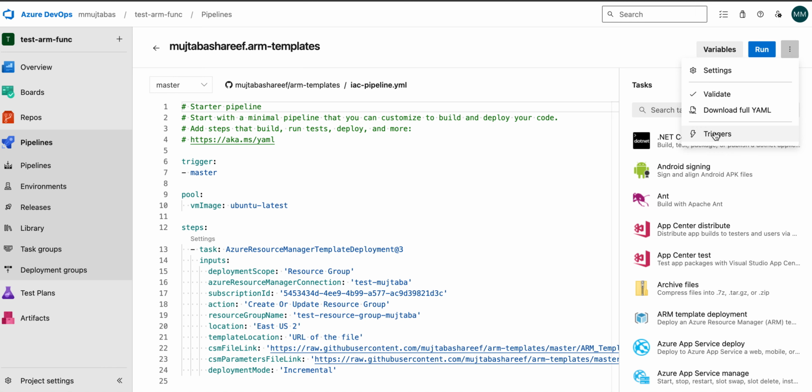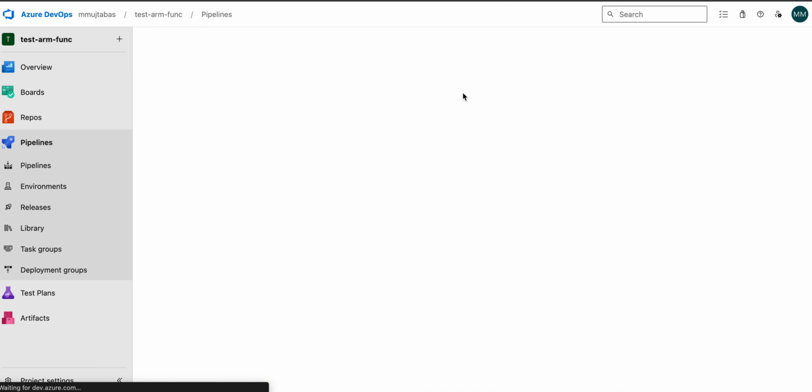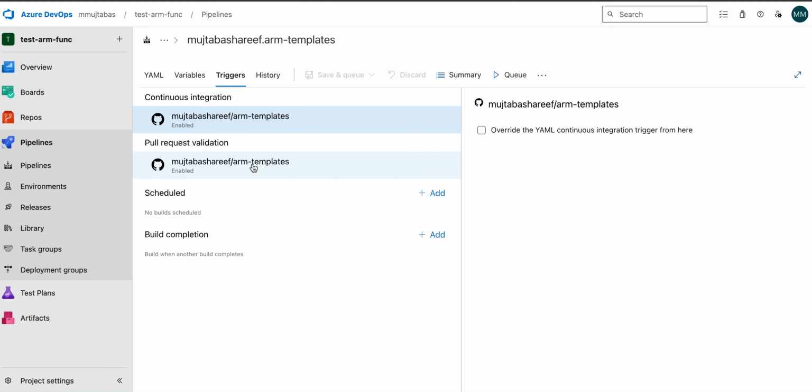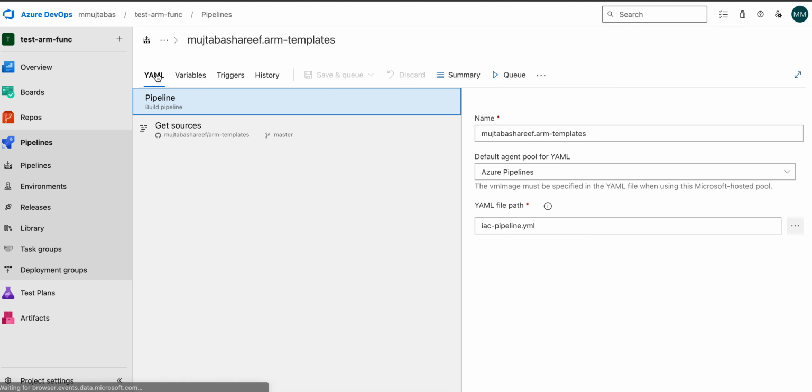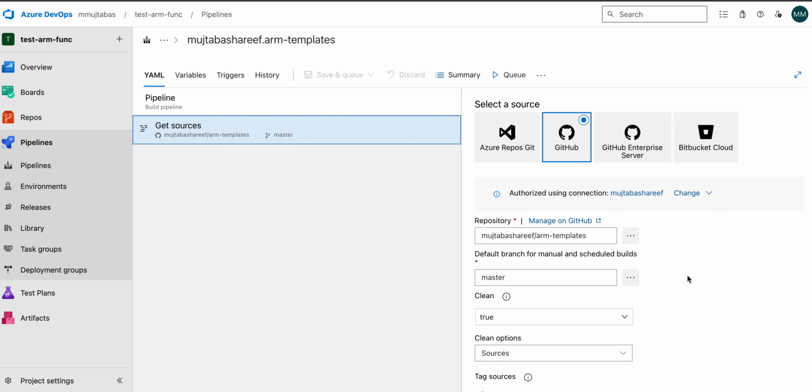You have to click triggers, and once I click triggers, I see the GitHub repository it's connecting to, etc. And if I click on YAML here, I can actually get to the Get sources, and this is where I am able to see the service connection. This is using the current service connection, one of the service connections that I have, and I have the option to